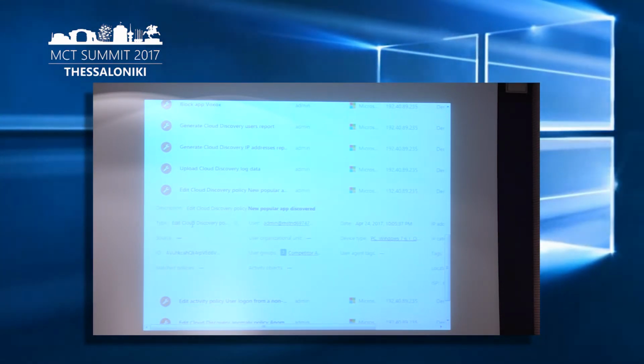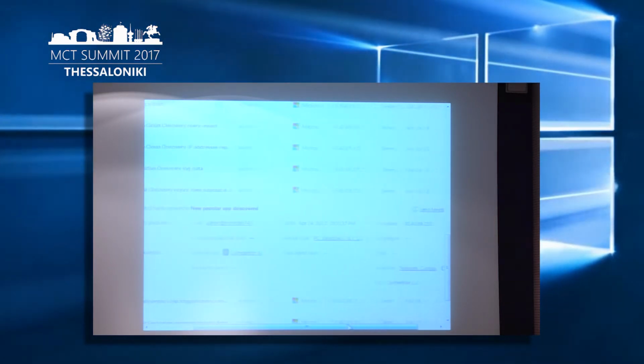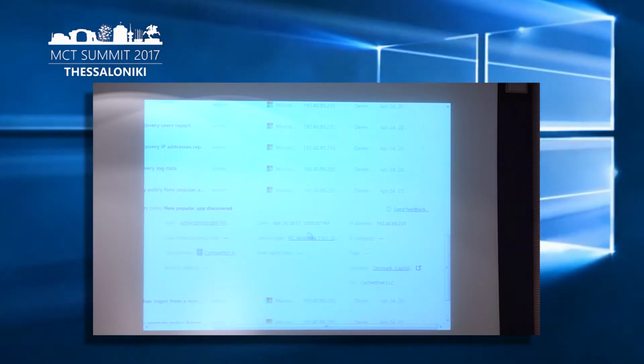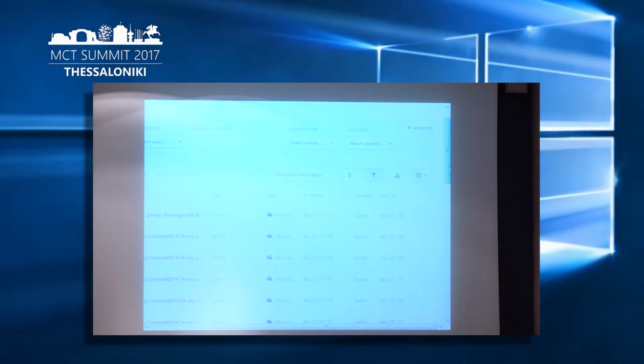So I edited cloud discovery policy. The user was this one from these user groups. What was the date, and from what device? You can also restrict application usage, and by device and by IP address, by any tags you specify, by location, by ISPs, by everything that comes to your mind. And you can also filter the usage,